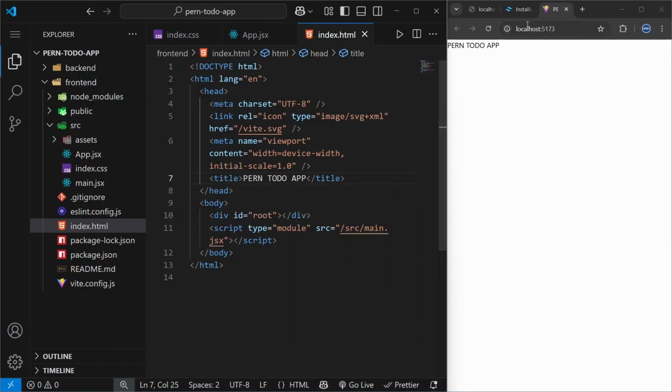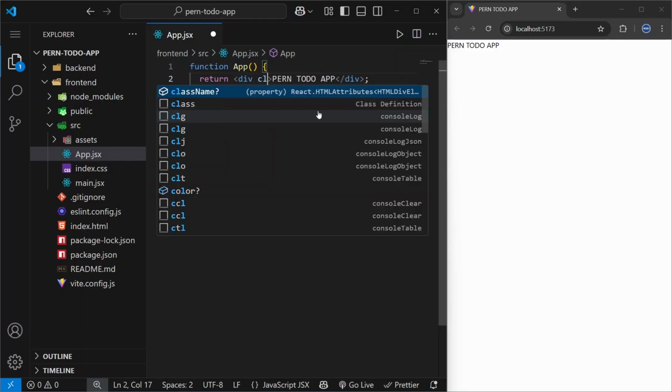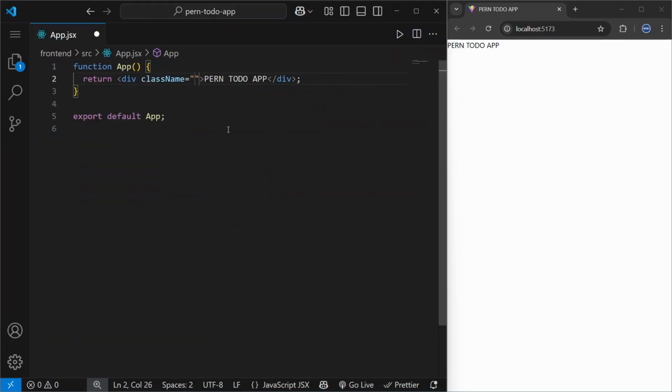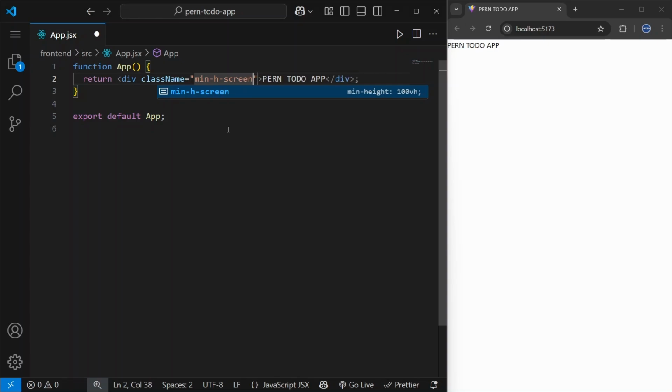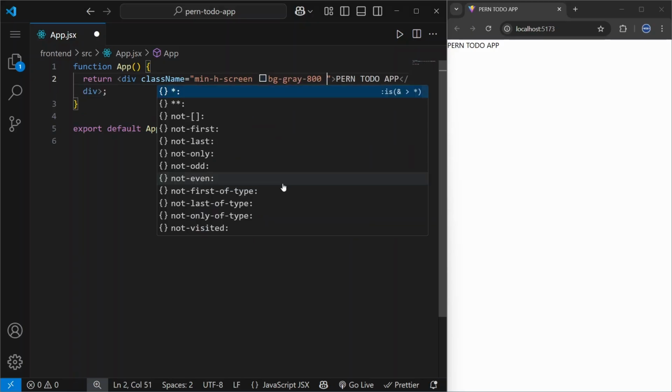Now I will split my screen, and let's close our terminal, and let's close the tabs that we don't need. And now we can focus completely on our front-end part. So let's do it. Okay, so here let's say that to this div we want to apply the following styles. And actually let's close this explorer, and let's say that we want this div to take all the height. So we want to say that it will be min height screen, so it will take all the visible height of the screen. And then let's say that background color will be gray 800, and let's say that we want